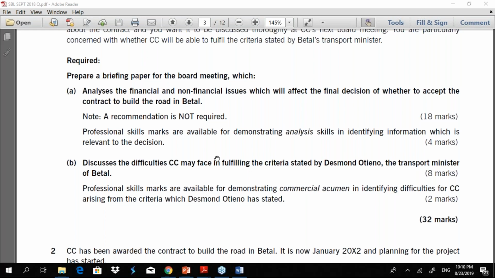Meaning, there is no special learning for you to understand this. I hope you get my point. It says discuss the difficulties CC may face in fulfilling the criteria stated by DO. And by reading his statement, you can understand what the business will face in terms of challenges.